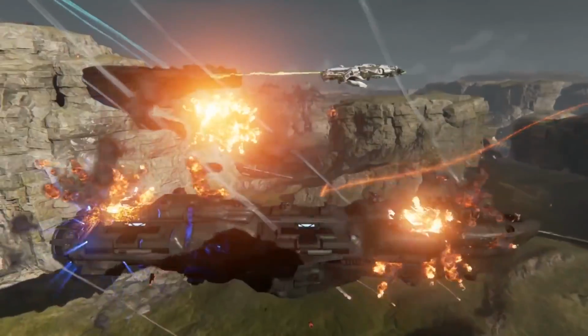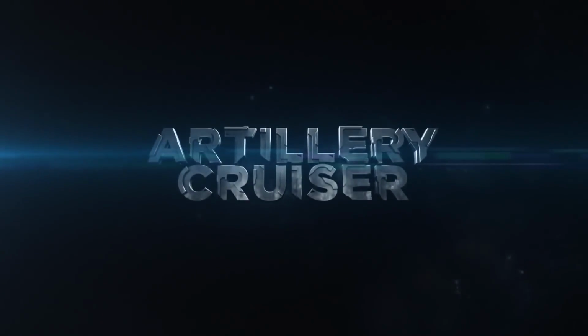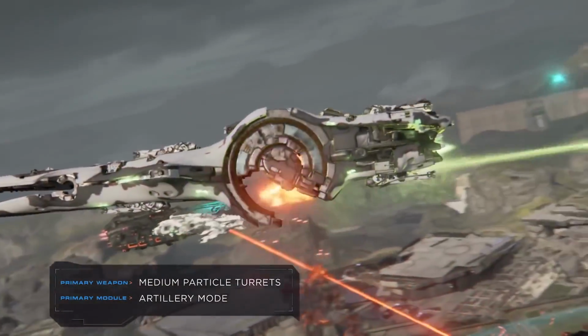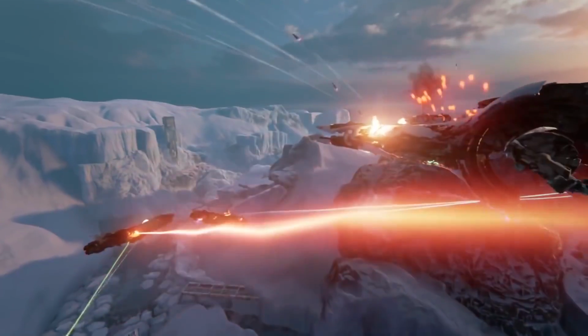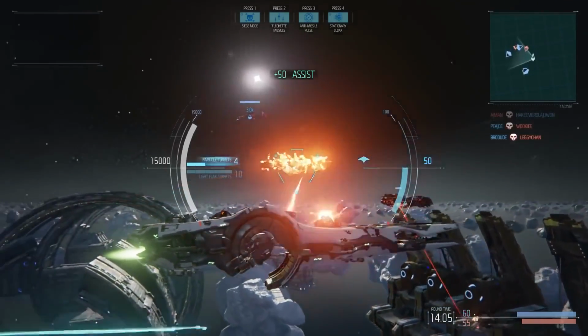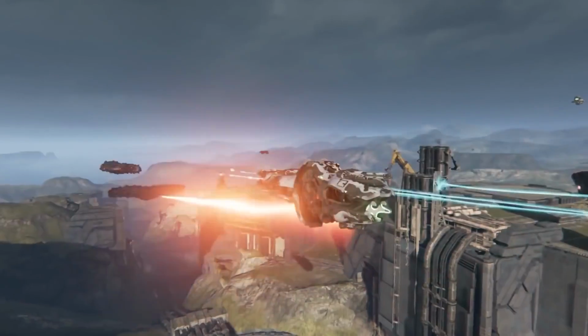You have the Dreadnought, which is a heavy, slow, heavily armoured, lumbering ship that has quite a lot of heavy weaponry. You then have the Destroyer, which is kind of like an all-rounder. It has good weapons, it has lighter armour than the Dreadnought, it's also faster than the Dreadnought, and it can fill a few different roles. Next we have the Corvette, which is a really small ship, but it's fast and has camouflage capabilities,